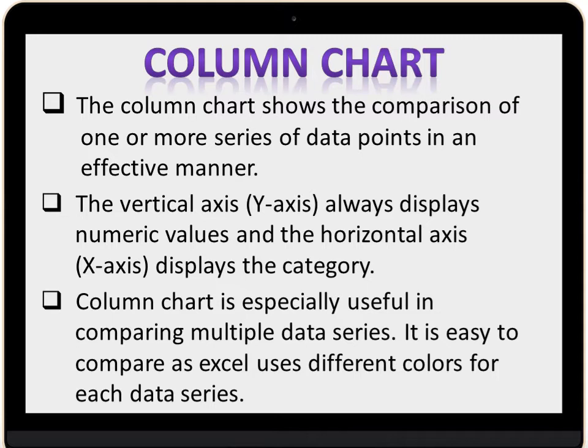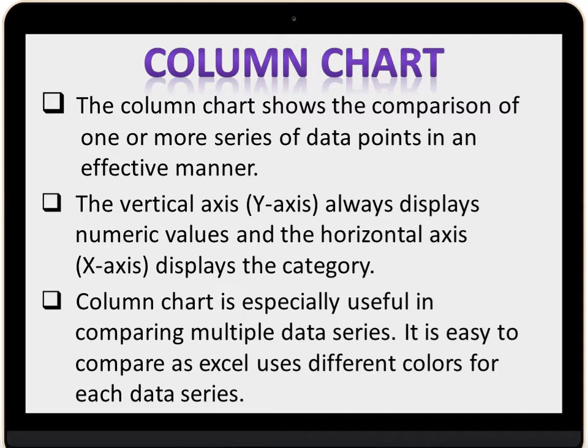The second type of the chart is column chart. From the name itself you can understand that the chart will be displayed in the form of different columns. The column chart shows the comparison of one or more series of data points in an effective manner. And in this column chart, you can see the x-axis and y-axis. Y-axis is nothing but the vertical axis, which always displays numeric values, and x-axis is nothing but the horizontal axis, which displays the category. If you take the example,